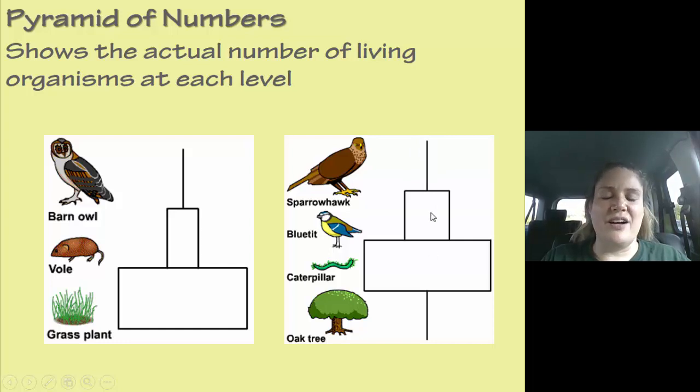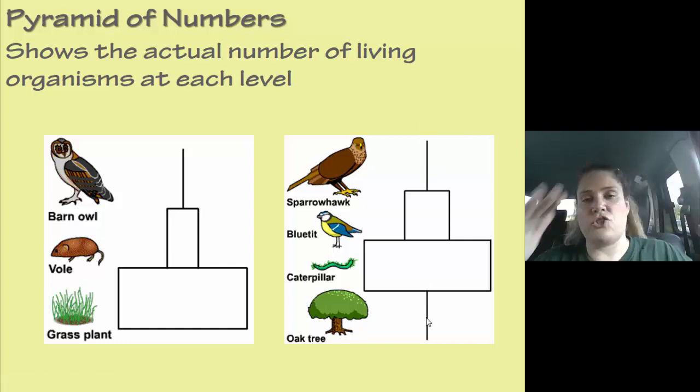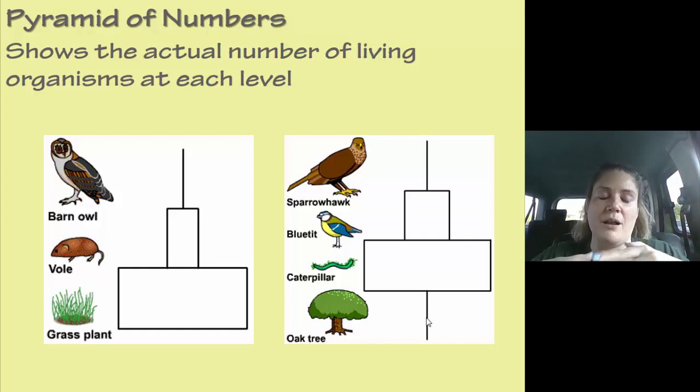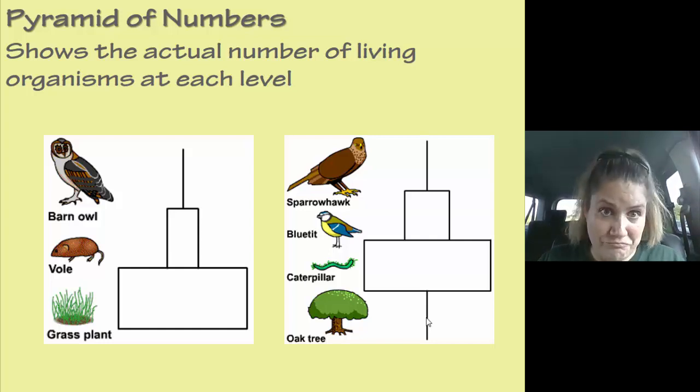So you end up with a kind of topsy-turvy pyramid, which is a pyramid of numbers, but it's not really a pyramid. It's almost like a Christmas tree shape because it's got this little stem at the bottom, which makes sense since it usually happens when you're talking about trees. Okay, so that's our pyramid of numbers.